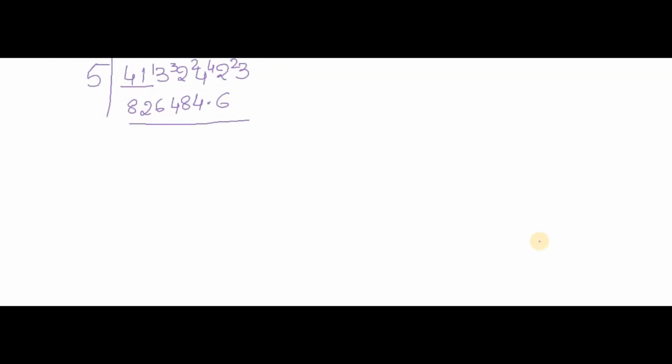Right students? In all these cases, my digits are less than 5, but we will not always get digits less than 5, right? In case my dividend is more than 5, what will we get? For that also we are going to see now. 87659 divided by 5. Just one simple logic here: we are going to apply the balancing rule. 2 7s are 14, 2 6s are 12, 2 5s are 10, and 2 9s are 18.